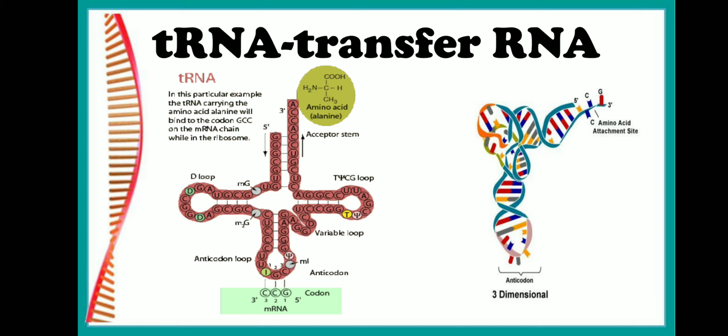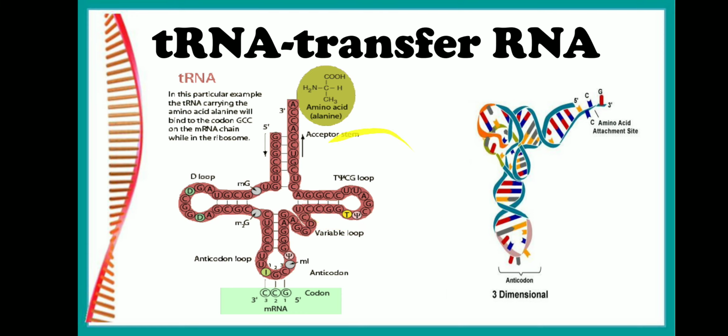Apart from the dihydrouridine loop, we also have a T-psi-C loop. It is a loop-like structure. If you see here, we have the unpaired bases again. That's why it forms the loop. And this site has special nucleotides, that is pseudouridine and thymine. In no other RNA do we get to see thymine, but in tRNA we get to see thymine along with the pseudouridine and cytosine. That's why it's called the T-psi-C loop.